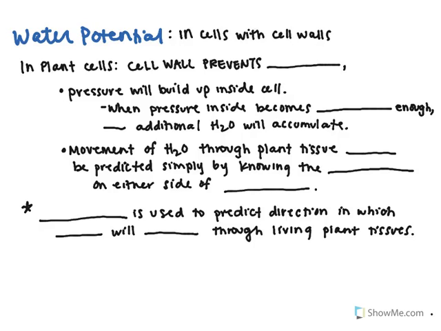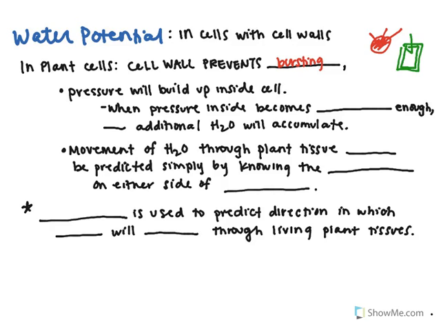Hey guys, this is a mini lecture about water potential. In this lesson, remember, we are talking about cells that have a cell wall, so plant cells. And in plant cells, the cell wall prevents the cell from bursting. Remember that this is different from when we talked about the red blood cells, because if too much water came into the red blood cell it would burst. Because a plant cell has a cell wall,